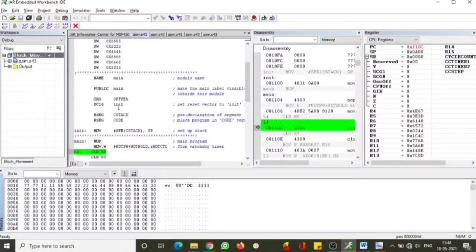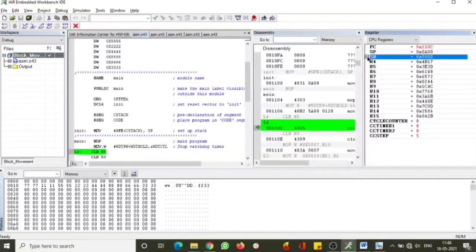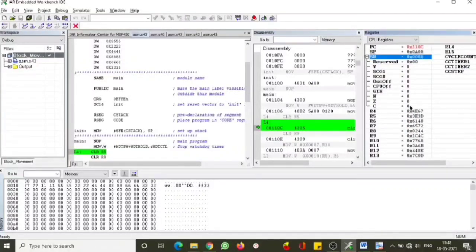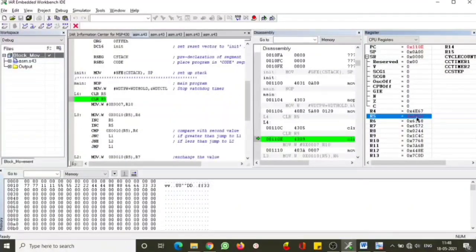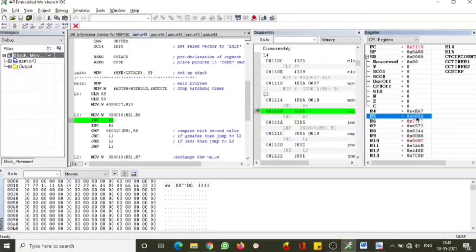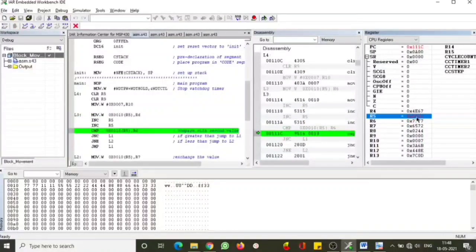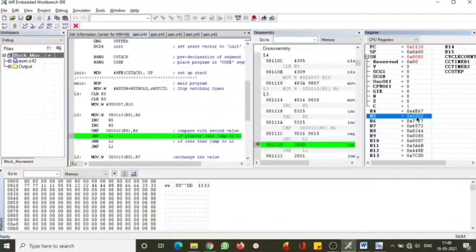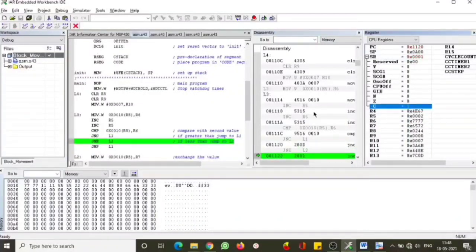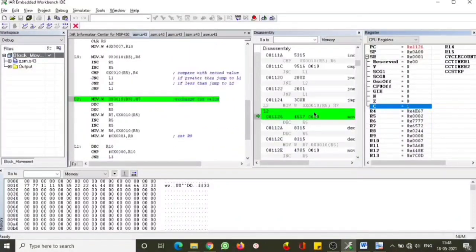You observe in the notes, and I have even expanded the status register for you, where you can observe the flag change. R5, R9, R6, R7, all of that you have to observe. R5 is reset to 0, R9 is reset to 0. Now I am moving the current value, 7777, to R6, incrementing, and comparing it with 1111. When I compare, it will trigger C to be 1. Here you observe C is 1. Since it is 1, it moves to the next line. Now it is not equal, therefore it jumps to L2.